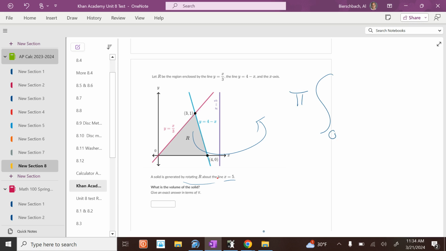So from 0 to 1 of, find the distance in between these two. The distance in between purple and blue is purple minus blue, or 5 minus 4 minus x. Or 5 minus 4 is 1 minus the negative x is 1 plus x. So it's 1 plus x squared minus, and then you have to go purple minus red, which is 5 minus,